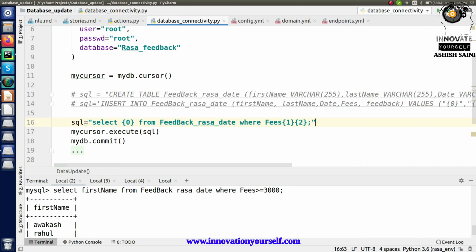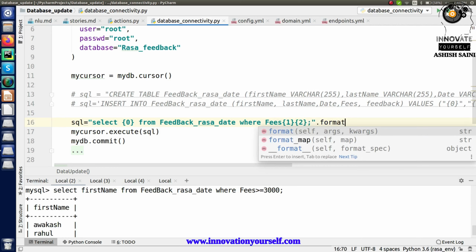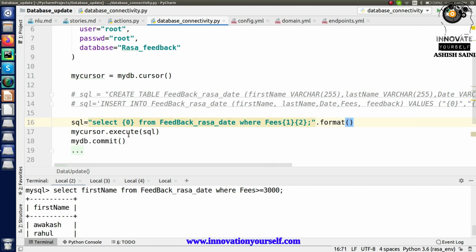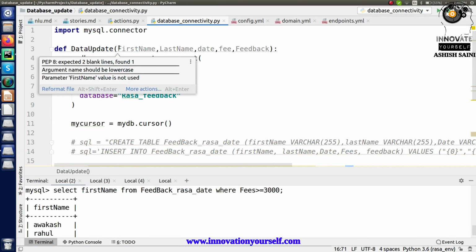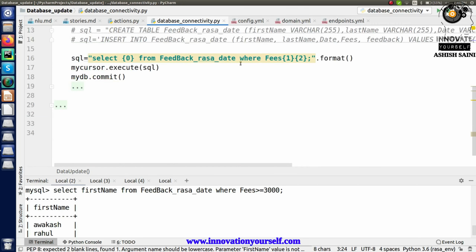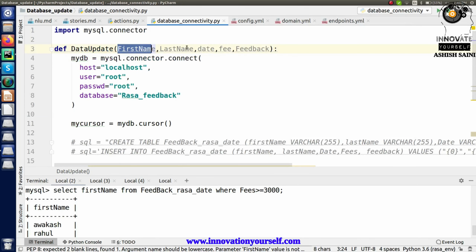Alright, so in here just mention the format. Within brackets you need to pass 3 different values. Right now I'm considering that I'm having this first name, the second one is more than, less than, right? So let me just change it accordingly.